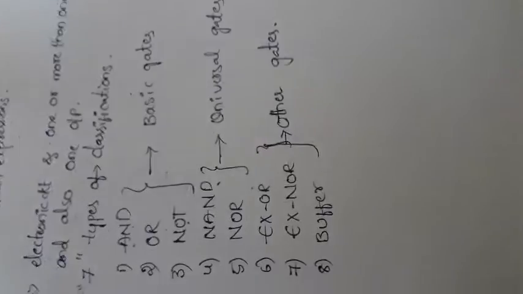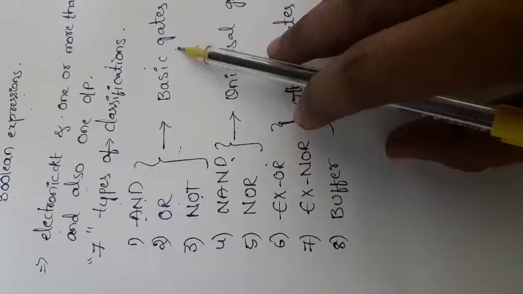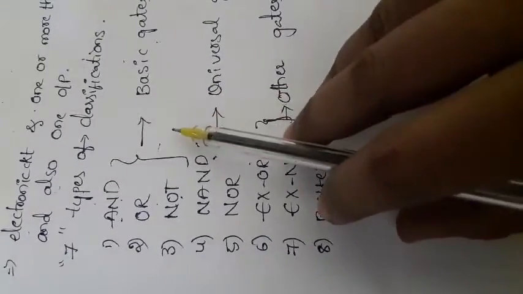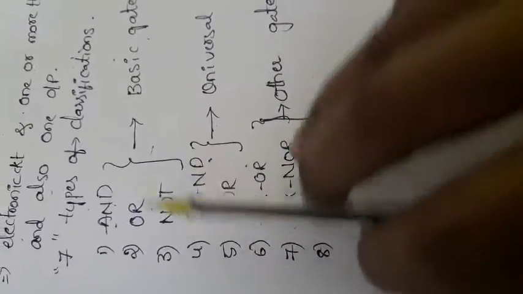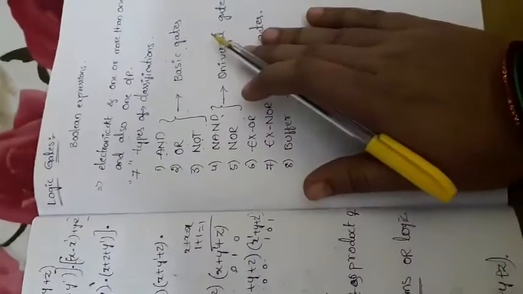Why are we calling these 3 gates basic gates? Just observe, any boolean functions are expressed in terms of only these 3 operators. Is it right or wrong? Just check it. For example, I am taking this boolean expression, f = (x + y + z)(x + y' + z). Already you know, without these operators we cannot write any boolean expression, right? So just observe which operators we use to write this boolean expression.